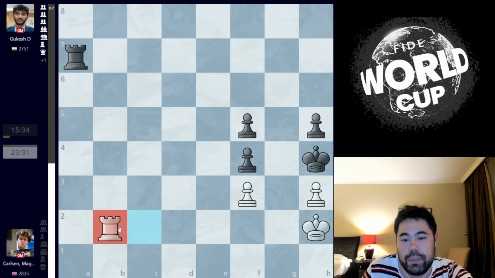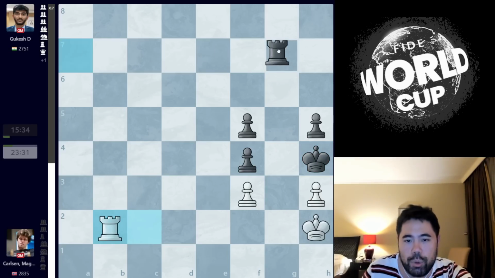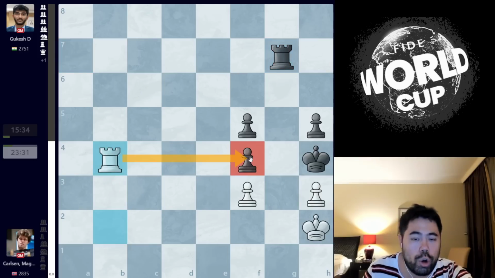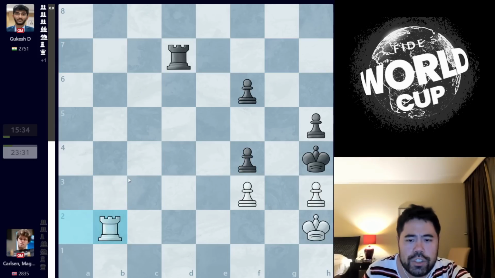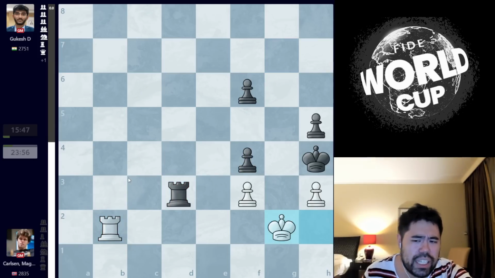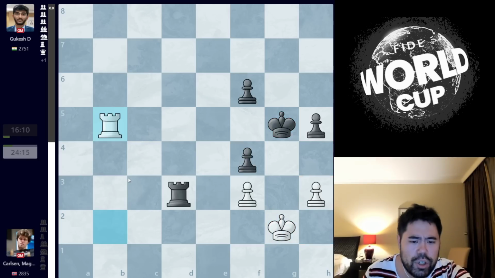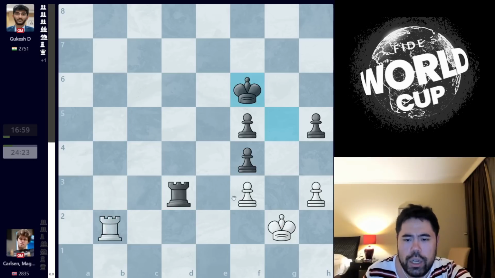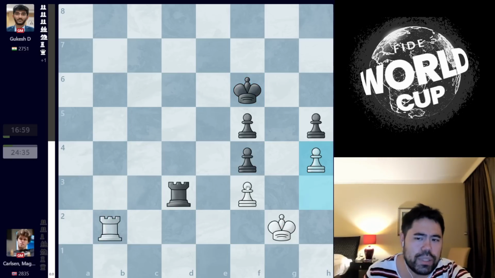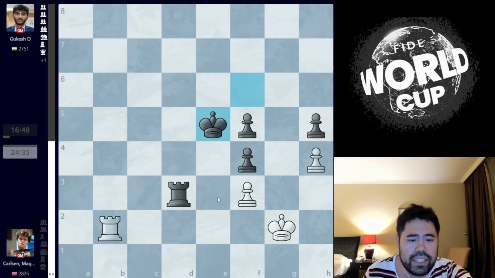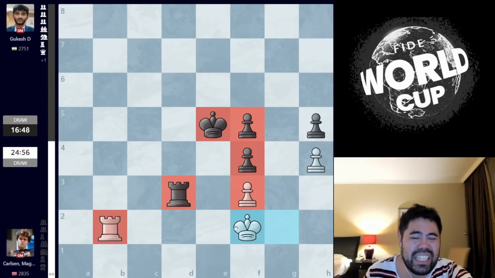Whenever you go to h4, I keep waiting because the only infiltration is going to be from g7 and g3, and whenever you go over to the g file, there's always rook b4. So Gukesh plays rook d3, we get king g2, king g5 played here, rook to b5 check, he goes f5, Magnus goes back, covering the second rank, no kebabs allowed. We get king f6 here, and now Magnus plays h4, stopping any entry on the king side. Here we get king to e5, and now Magnus plays king to f2, and the game ends in a draw.